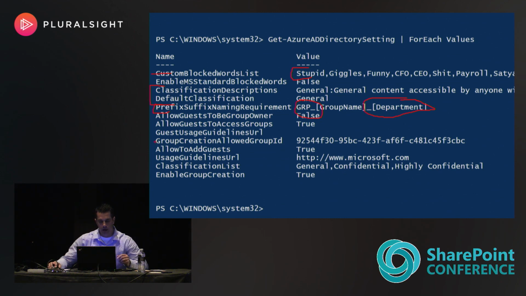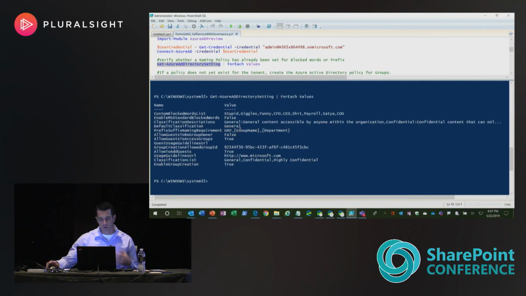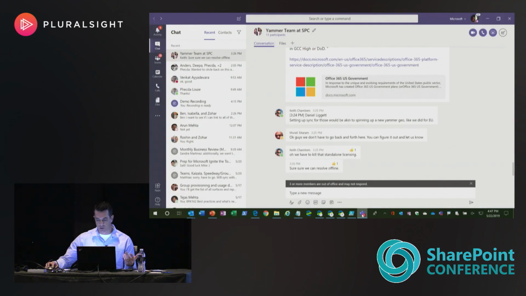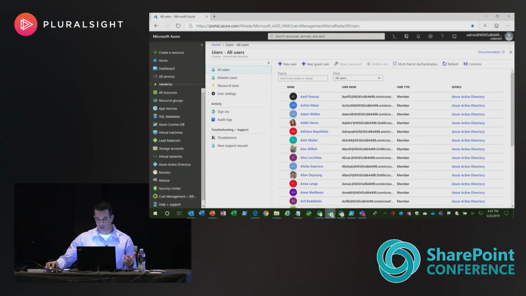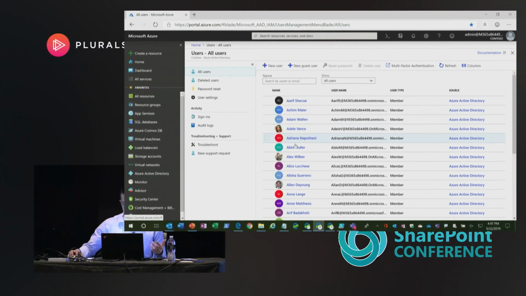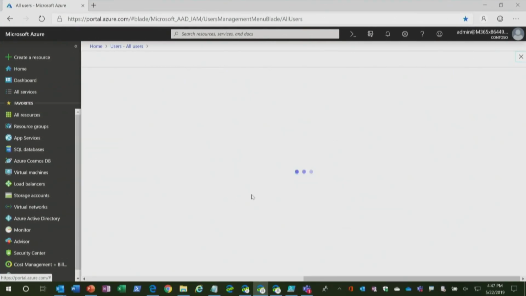Coming down, I've got my security group that I mentioned earlier. So here I've specified a security group for only a few users that can create groups. And then down here, I've got a usage guidelines URL that can point anywhere in my company, right? If I want to provide some guidance on how people use groups. So once I set these, my users will come out here and if I show you this user named Alex,